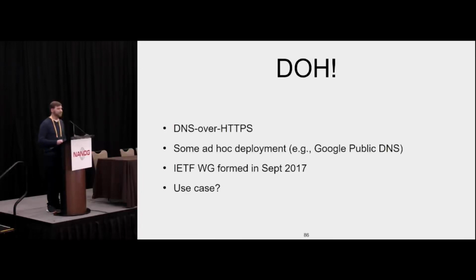So there is already some ad hoc deployment. Google DNS supports a beta or early version of it just for testing. I know there are a few other people working on early deployments. And I think the motivation comes from a few different angles. There's the privacy aspect we talked about before, and DNS certainly does leak a fair amount of privacy information. It tells people which websites you are visiting. So if illegal.example.com existed and you connected to illegal.example.com, everyone in the world would know that you connected to illegal.example.com, in the status quo. And DNS over HTTPS would solve that problem.